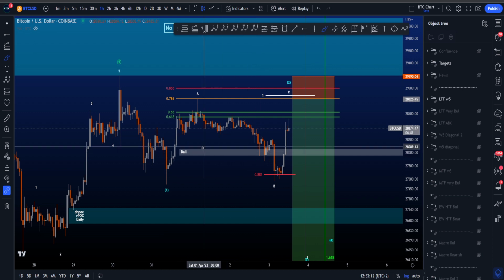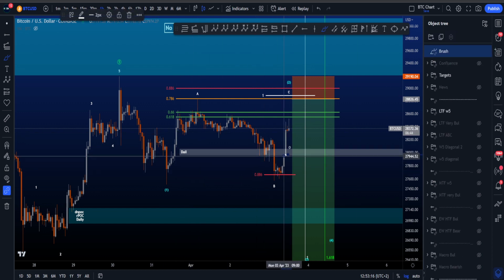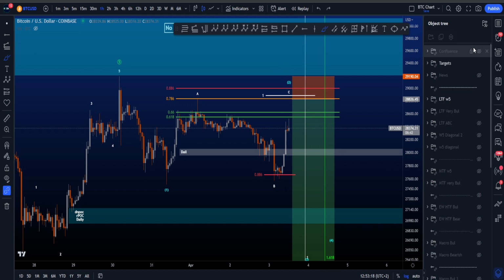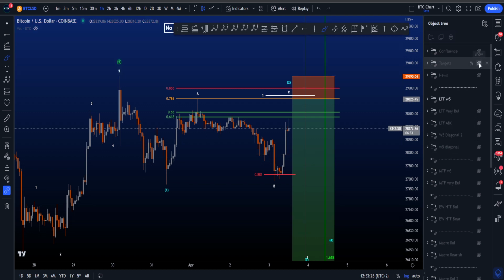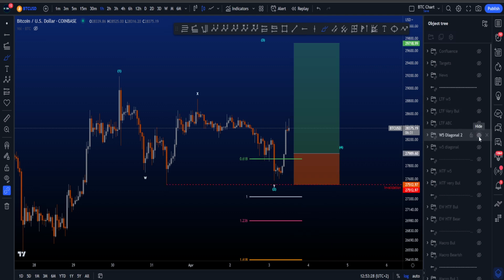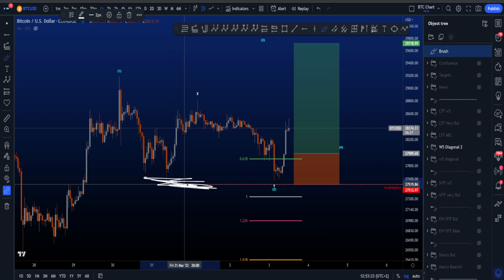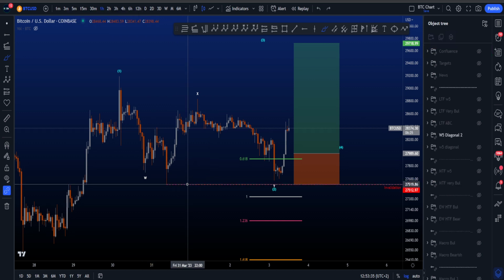We also pushed through this wide target box, which was support for a bit and could have acted as resistance. But I kept my Discord group very well up to date with some of the thoughts and talking with all the other guys, sharing their scenarios. What is important to know is that with the scenario I showed in the video this morning, which is this one, as long as the invalidation for an Elliott Wave scenario is not hit,